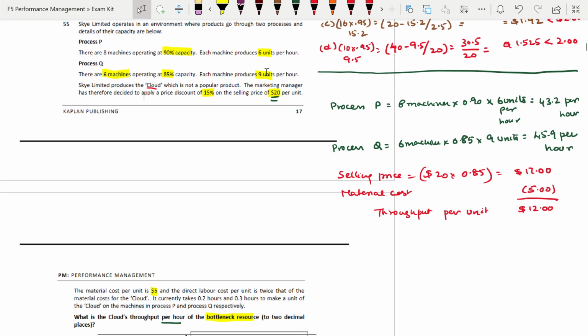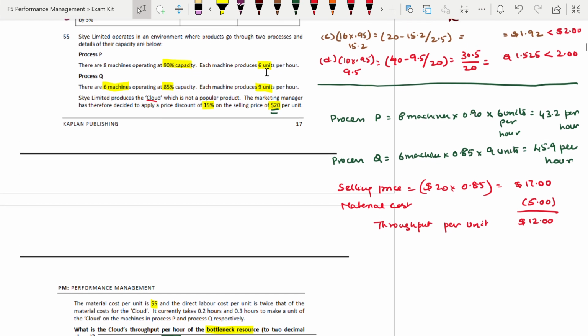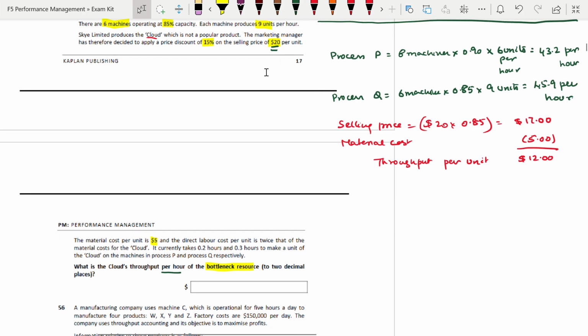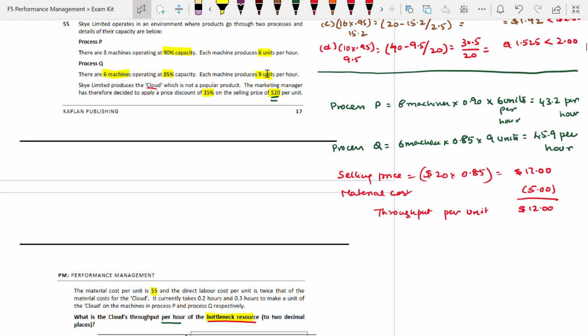They are asking about the bottleneck resources. What is meant by bottleneck resources? What is the bottleneck resource? It is the resource that